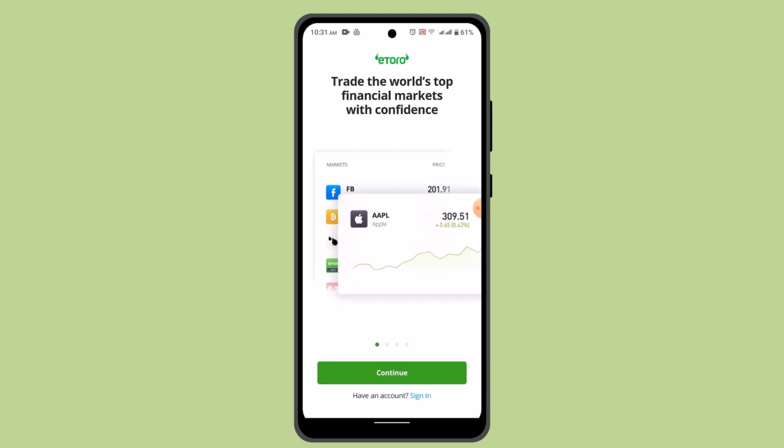Once you're logged in, you have to navigate to the portfolio section of the eToro platform, and you can usually find this in the main menu or dashboard. Within your portfolio, locate the asset for which you want to view dividends. This could be a stock, ETF, or another dividend-paying asset. Click on the asset to view more details, and you can look for the dividend-related information, which may include